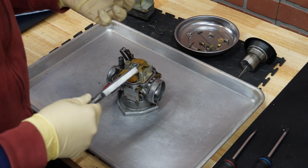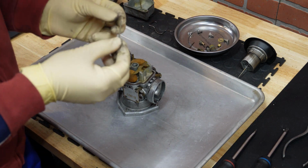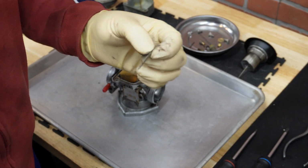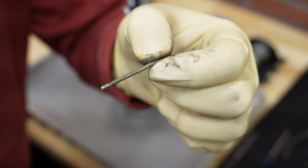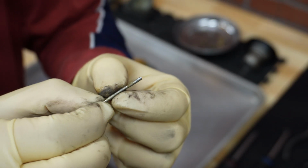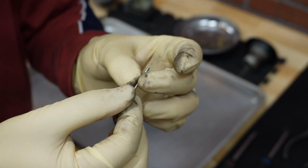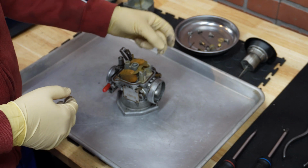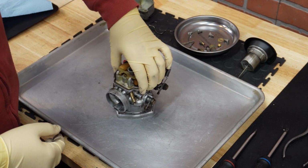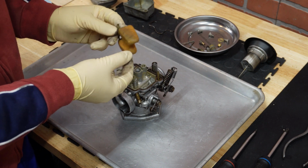Okay, there it is. And yeah, this pin is something that you also want to change. If you actually look at this one, it has a lot of abuse and your float is not able to easily glide on top of it. That's why you want to replace it, but at the same time maybe you want to keep it, because it's hard to find a punch that fits here, so you can actually use it as an extractor of the old pin. Okay, now at this point our float just goes up, and this one is in really bad shape,